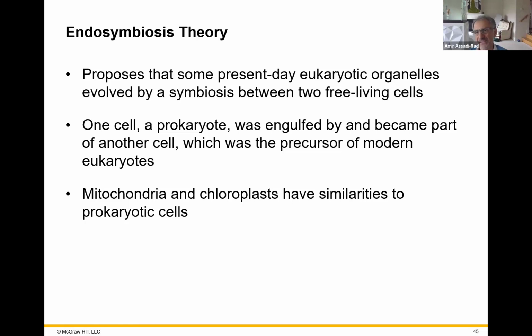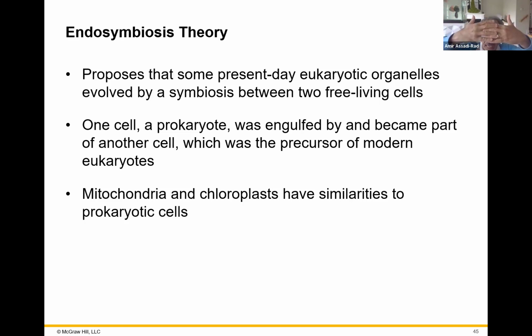That's called symbiosis, living together. But a pregnant mother, since the baby is the same species, it's not called symbiosis. Between two free living cells, one cell, a prokaryotic, was engulfed by and became part of another cell, which was a precursor of modern eukaryotes. Mitochondria and chloroplasts have similarities to prokaryotic cells. Yes, that's why we think